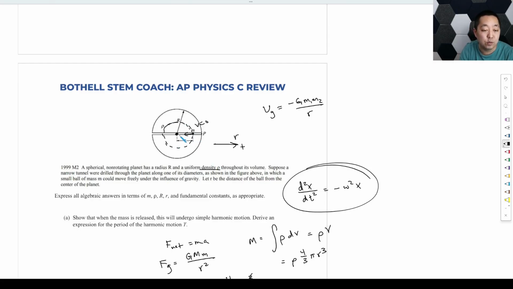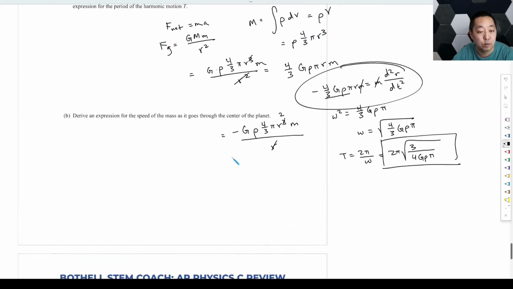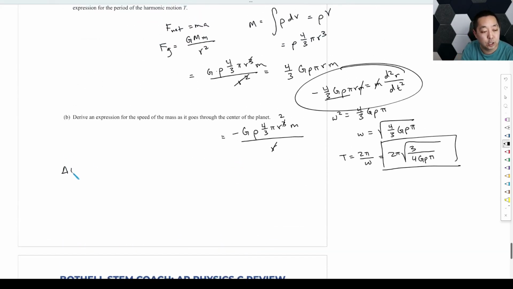So we really want to think about this force of gravity here, as doing work on it to give it kinetic energy. There's no kinetic energy to start, but we've already calculated the force of gravity. So the change in energy is going to be the work, which is the integral of F dx, which is the integral of the force of gravity. Force of gravity, we said, was G rho 4/3 pi r times m. And then dr, since we called it r, and we're going to integrate all the way from r